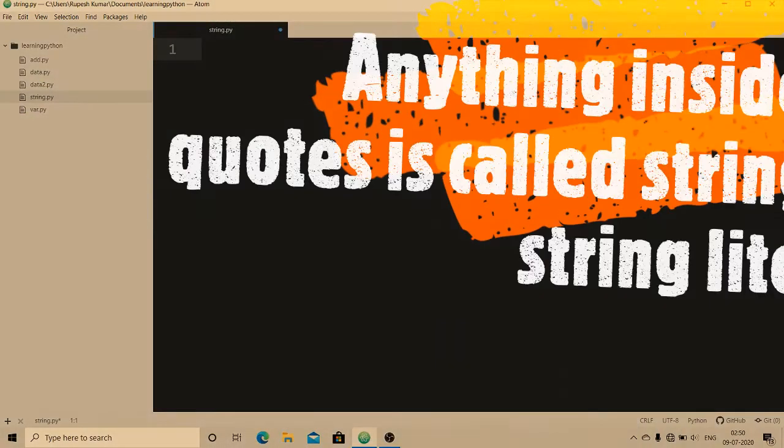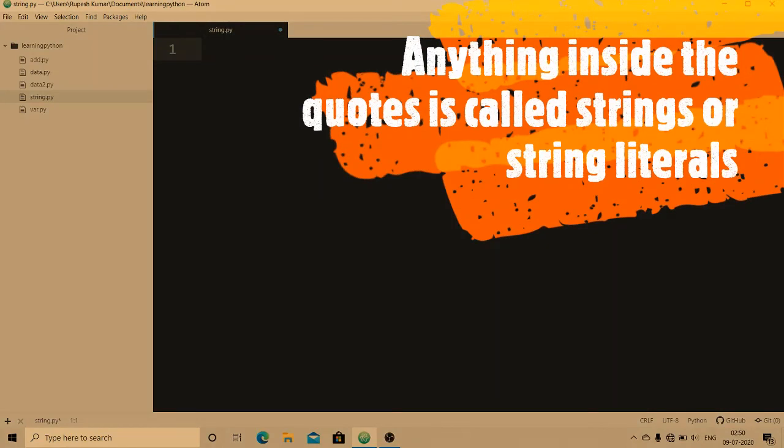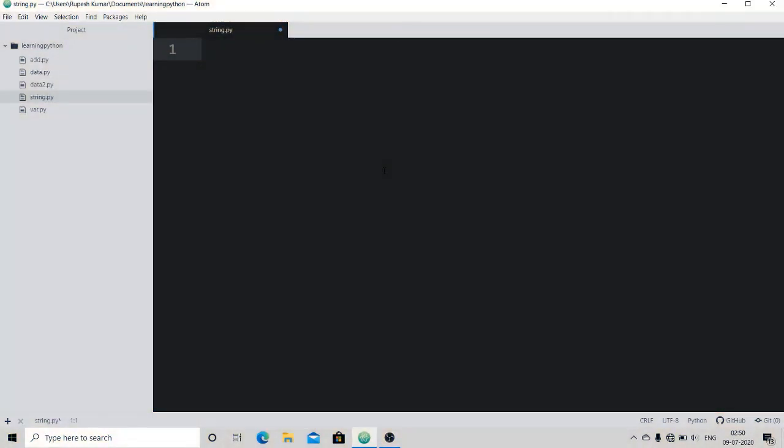Welcome back, friends. Now let's start our discussion on Python strings. The first topic that we are going to touch is string literals. So what are string literals? String literals are basically just a kind of string. That means we call a string a string literal. Suppose you have a string like hello world. Hello world is considered a string literal. There is not much difference between a string and a string literal.